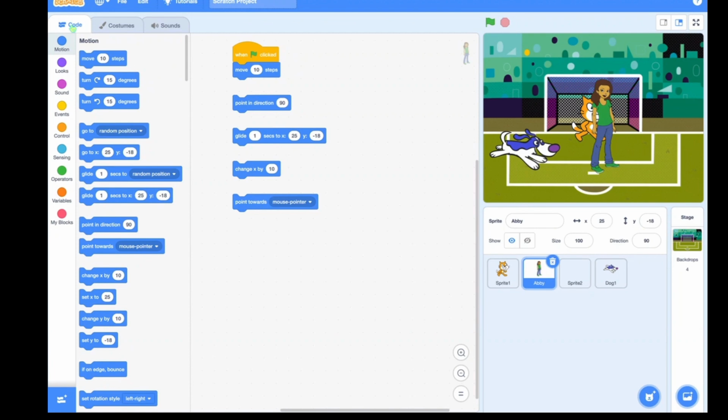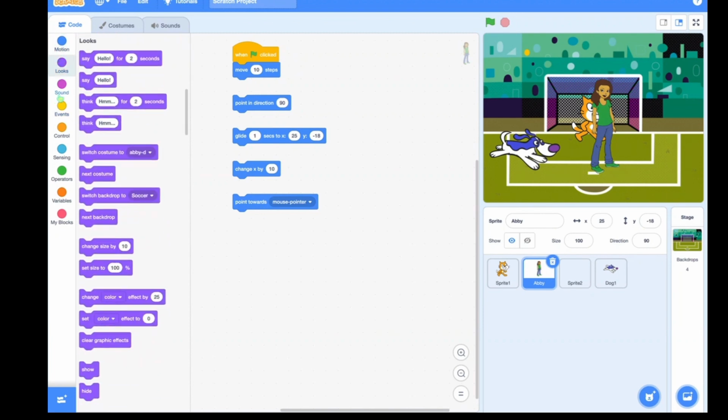The code tab is the first of three tabs on your project editor. On the far left side, the tab has the block palette, which has your blocks to use to control your sprites. There are 10 groups, subcategories of color coded blocks. You can find the block you want by clicking on one of the category buttons. So these are the